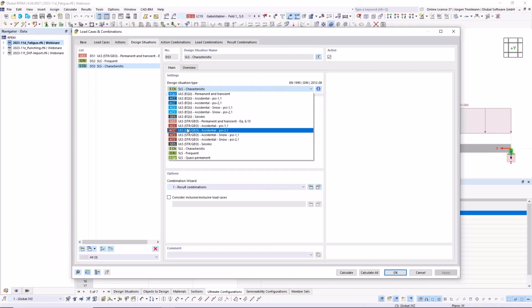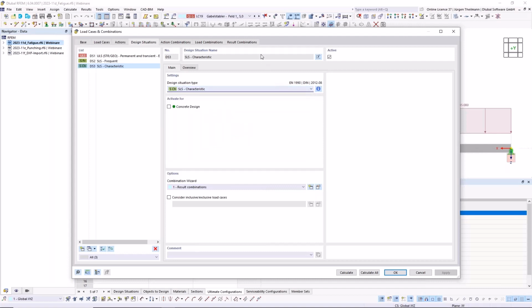Unfortunately, it's not 100% ready now, but that's not a problem. You can always build your result combinations manually, but in our example today, it's sufficient that I use the SLS characteristic for our level 2. But this is now just for this example. Later on, you will find the matching design situation type for that level 2 fatigue design check here.